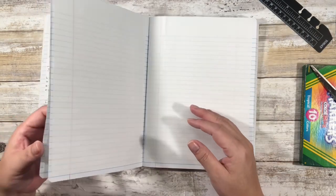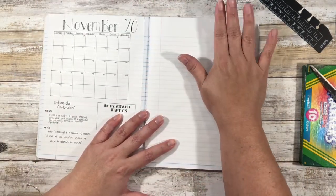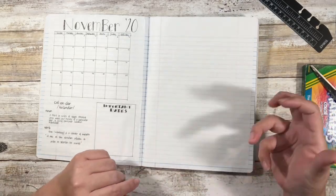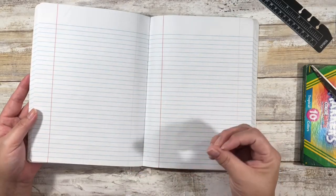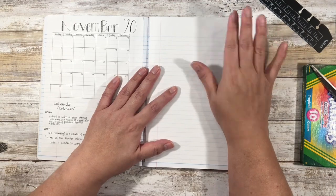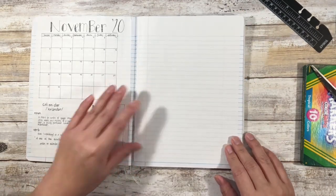Now you can still see the lines, but it's definitely less noticeable to me than it was, and so that works perfectly for me. You don't have to do that if you are making something from a notebook that is heavily lined or heavily graphed, because again, I find even the graph notebook, the lines are really dark, but I find this easier for me to work with. So this here is going to be the cover page,